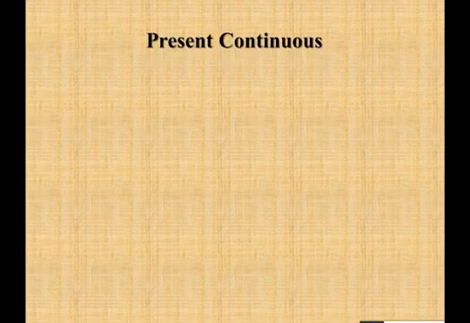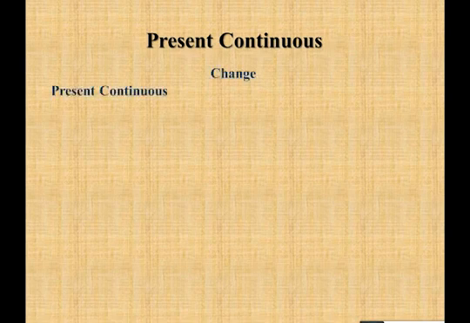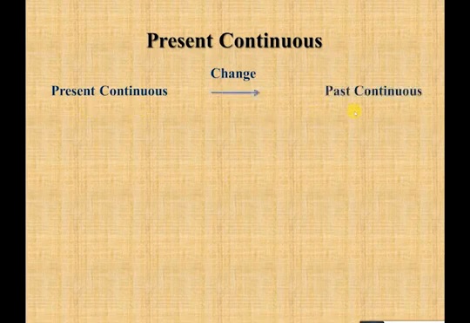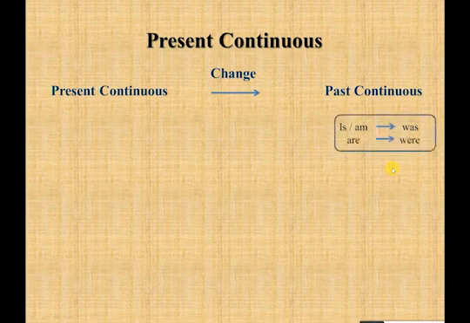Now guys, let's talk about the second tense, which is the present continuous. In the present continuous, we have to do the same that we did in the simple present tense. We have to go one step backward, which means that we have to change the present continuous to its past continuous form, which means that we have to change is and am to was and are to were. For example,